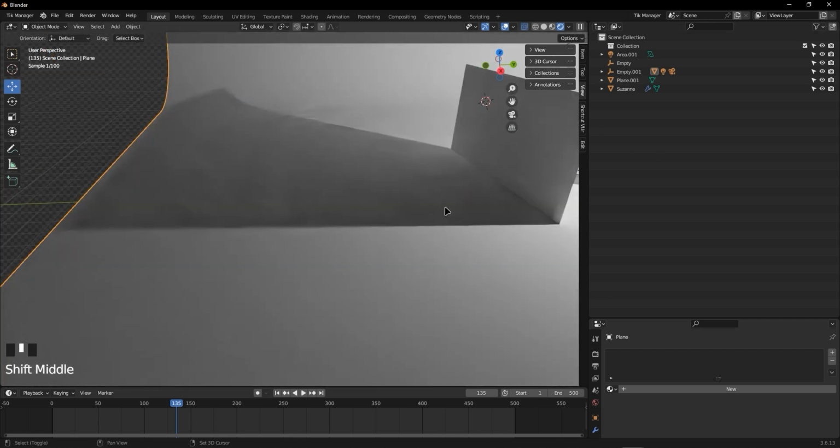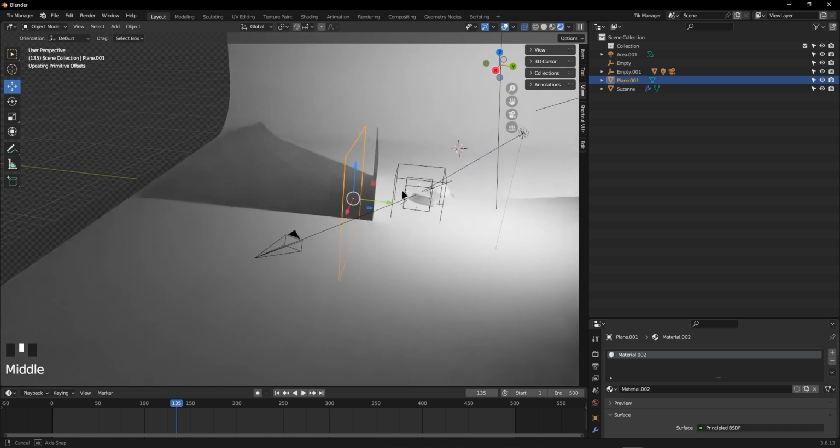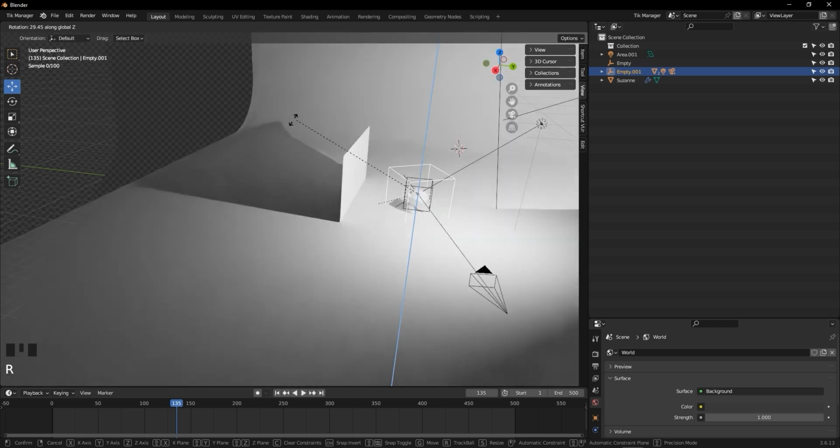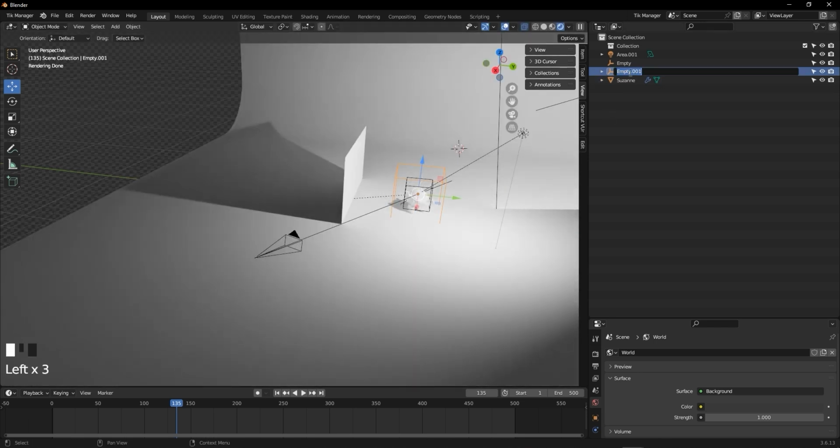So we can start by checking if this is already parented. This is not parented. I will parent this, Control P, keep transform. Now if we rotate this, it works. Okay,